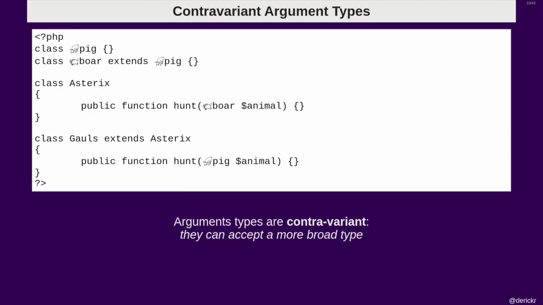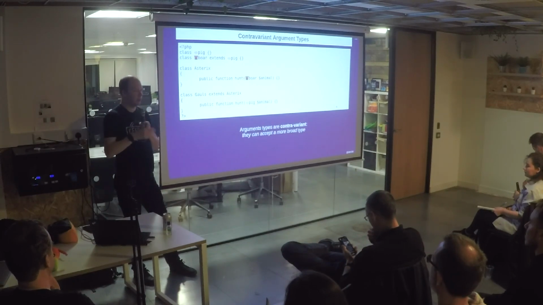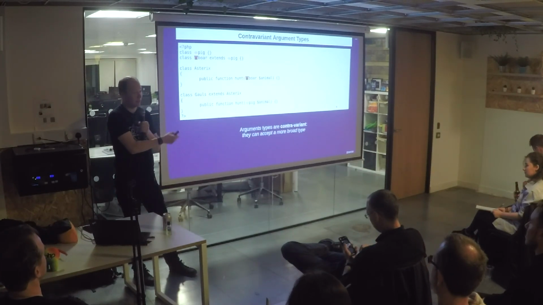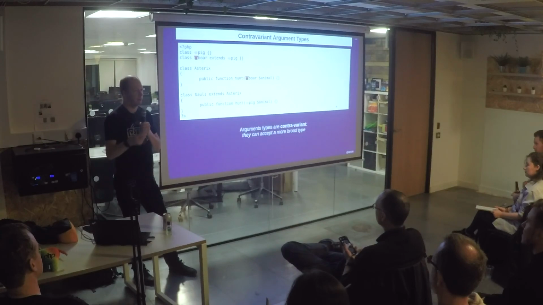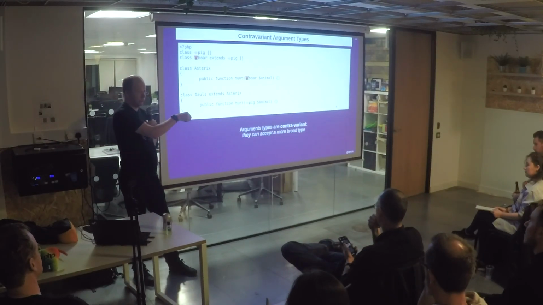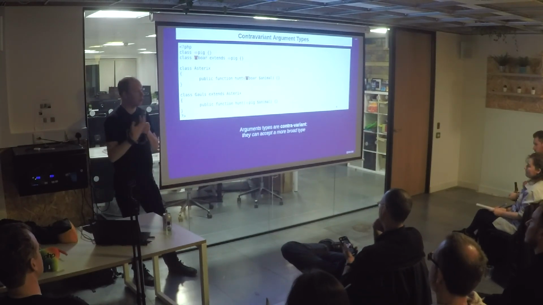Now, the opposite happens for function arguments. If you have an inherited class, you can choose in that class to accept a wider range of data that the method then can handle. So in this case, if we have a pig, which is a little animal that walks around, and a boar is a type of pig, it's a more specific kind, which means that if hunters hunt boars, you extend that to all the goals, they will still be able to hunt the boars, but you can say, well, the whole group can also hunt a wider group of animals, because this new method that you just have overridden, you can then choose to also handle a wider type that is coming in. So these are the contravariant argument types.